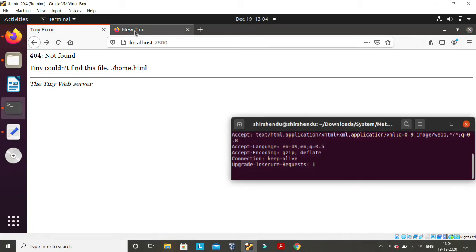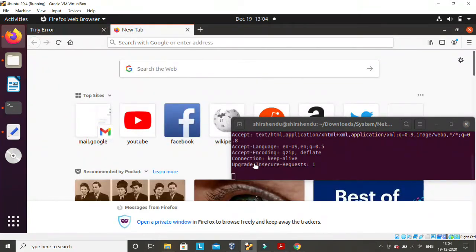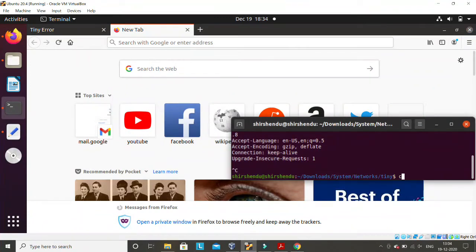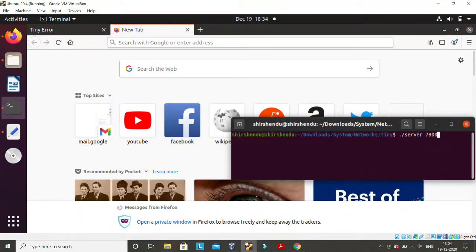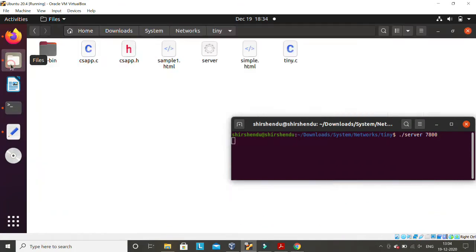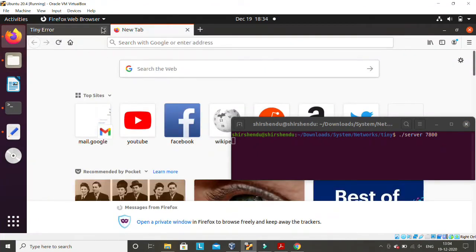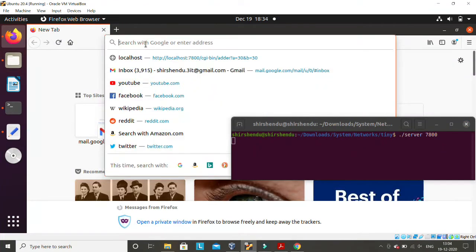I think maybe I should start from the beginning, otherwise you might get confused. Let me clear everything. The server is started, right? From this folder the server is started. Now I have opened this browser, and I want to use it as a client program to connect with that server. Since both server and client are working on the same machine, this server is localhost.